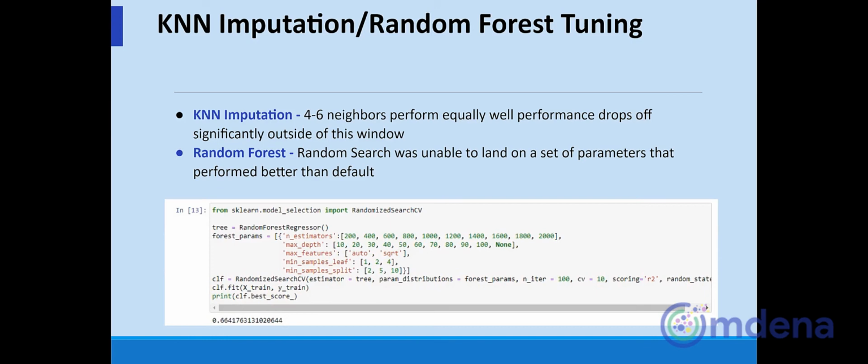dropped off significantly to the point where the model was not necessarily performing poorly, but performing intermittently. If you ran it multiple times, you would end up with widely variable returns from the model, which is kind of a sign that things are starting to move in the wrong direction. And as you got further away from that window, it got even worse to the point where the model was fundamentally unusable. I think one of the reasons for this is that in the data we have 6 years